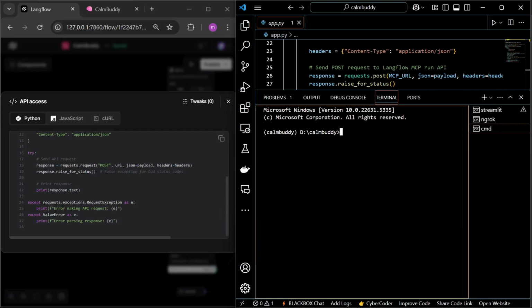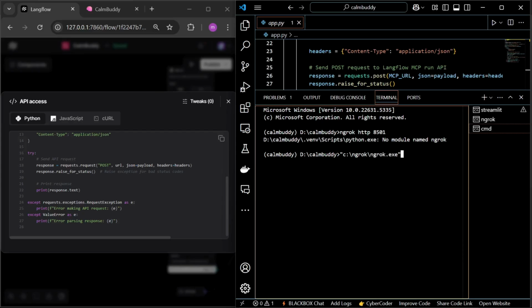Now check with our Streamlit app. So we give our Streamlit app port. So ngrok http 8501. Okay, it's not accepted. Okay, so first give the complete path of the ngrok driver and then the port number.